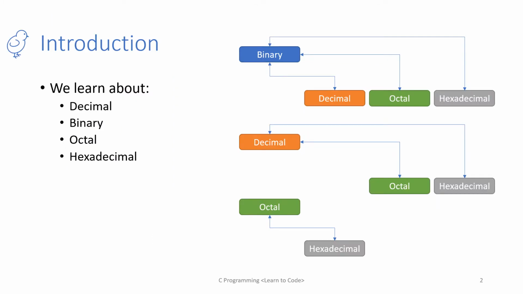If you remember, in the last 2 lectures we talked about number systems. We talked about 4 types of number systems, and out of these 4, the binary number system is generally used in computer systems. The 4 number systems are decimal, binary, octal and hexadecimal. To know more about all these number systems, you can refer to the previous 2 videos.